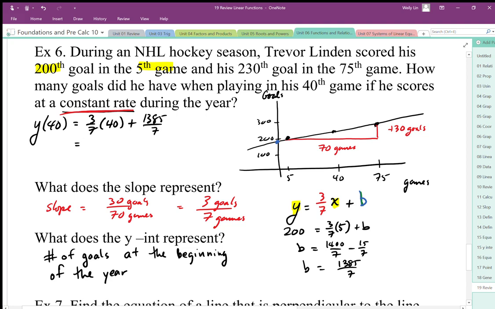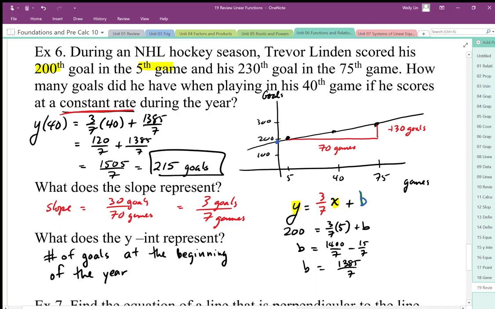So plugging that in, we get 120 over 7 plus 1385 over 7. When we plug that all in, it's going to be 1505 over 7. And if I plug that into my calculator, I get 215. Is that right? Yeah, 215 goals